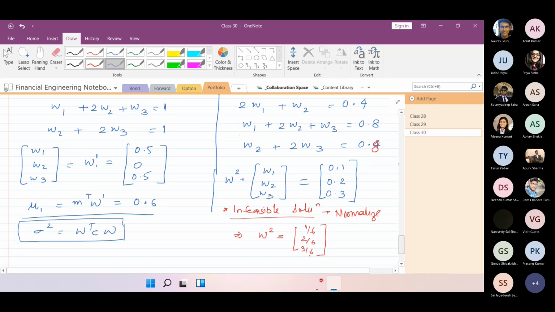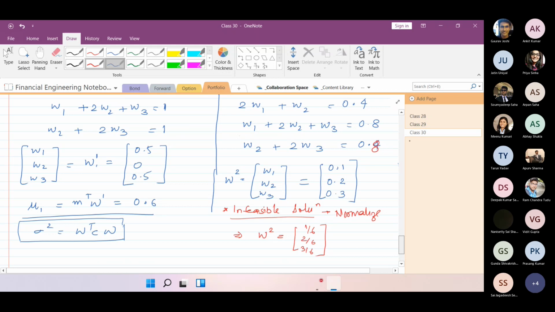And correspondingly, there would be a different value of lambda 1 and lambda 2, because we are not bothered about lambda 1 and lambda 2. Using the two-fund theorem, we have already shown that one. We just need to find out what would have been the weights for the two solutions and what would have been their return, so that I can actually calculate for a particular return what would have been the minimum risk.